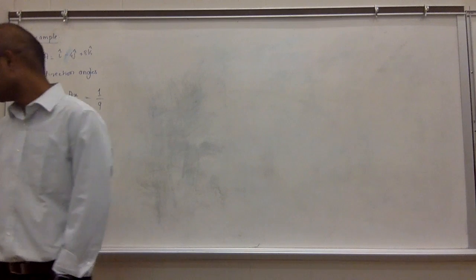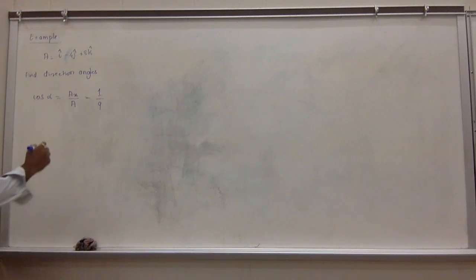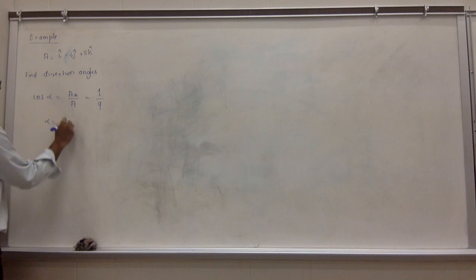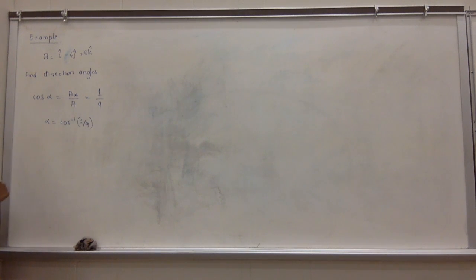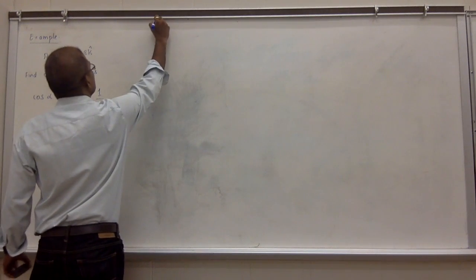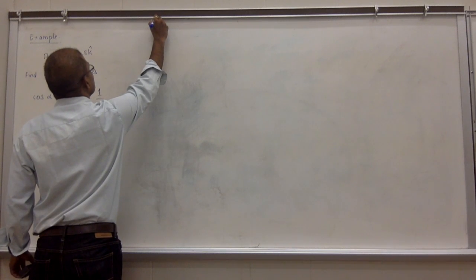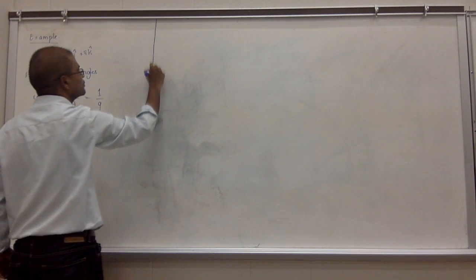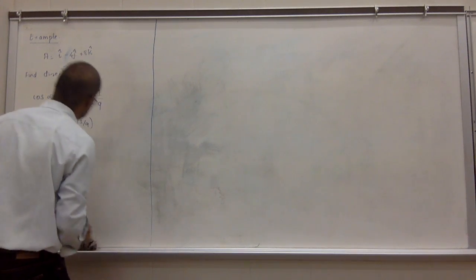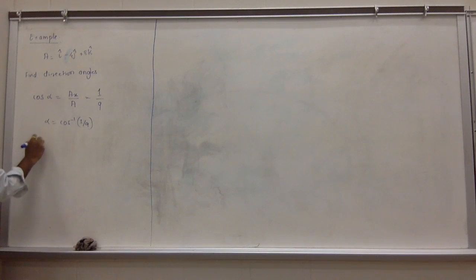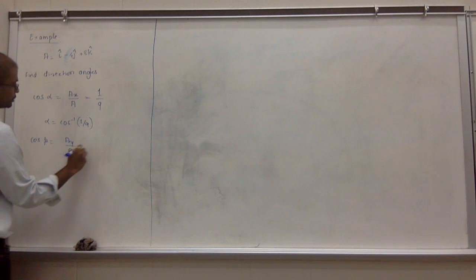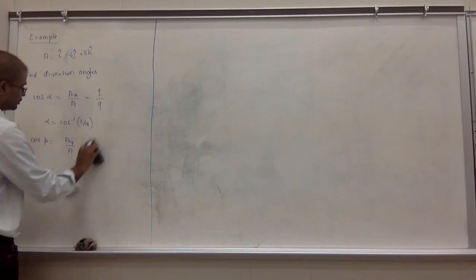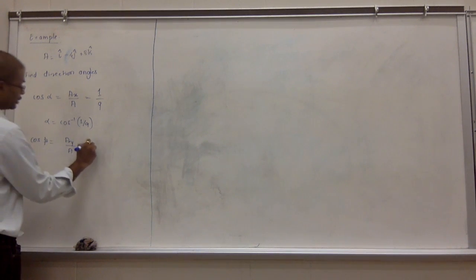Got that? So alpha is equal to cosine inverse of 1 over 9. Can somebody tell me what is the cosine inverse of 1 over 9? Similarly, cosine beta is equal to a_y over a, which is minus